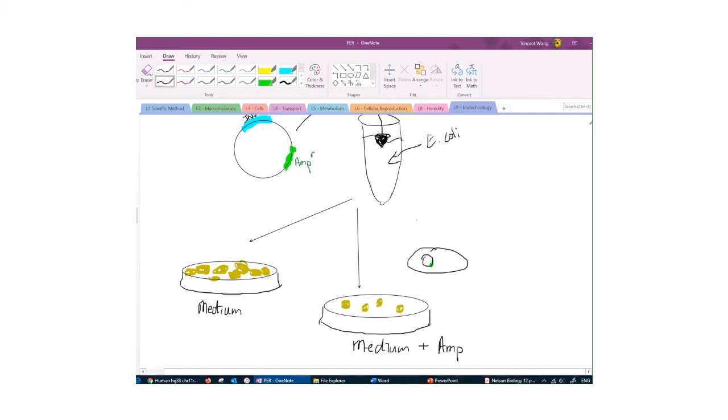If it's just a regular bacteria that did not take up the plasmid, then it will not have the antibiotic resistant gene in it, and so it's not going to be able to grow. So by putting it into this medium, we are able to select for the colonies that have taken up